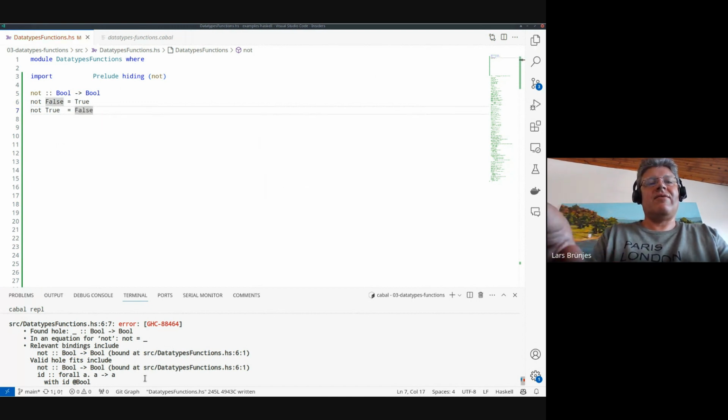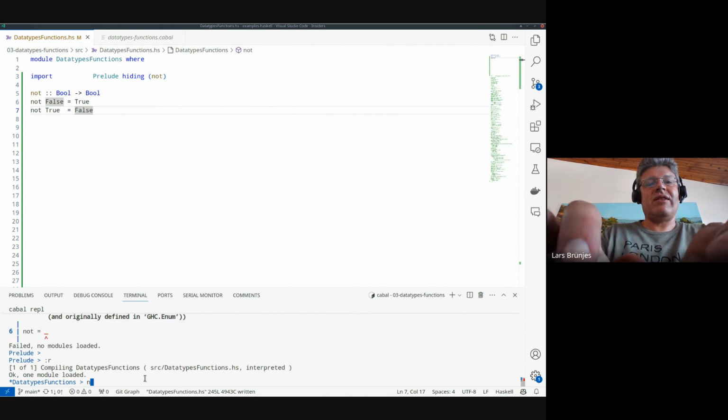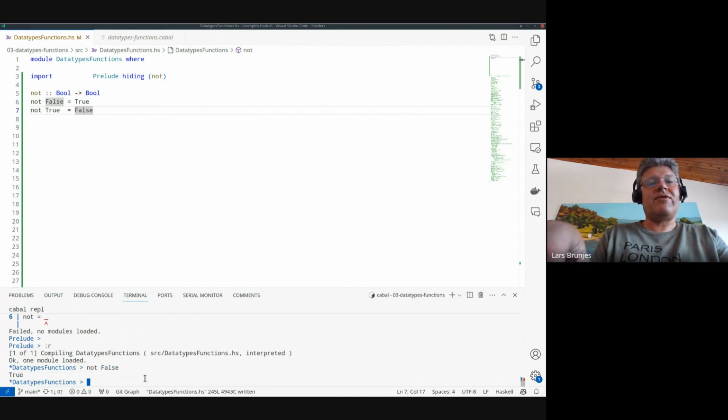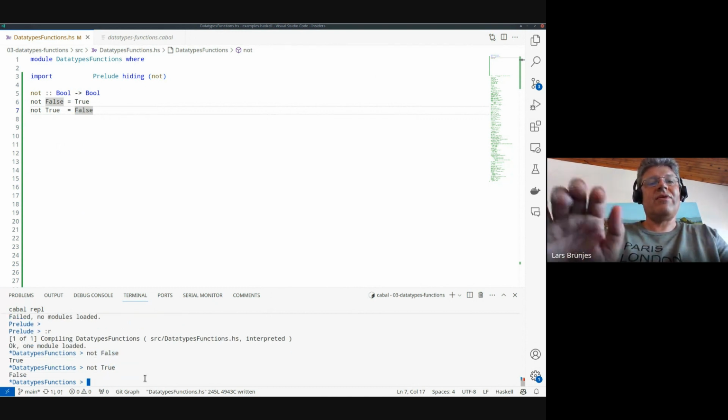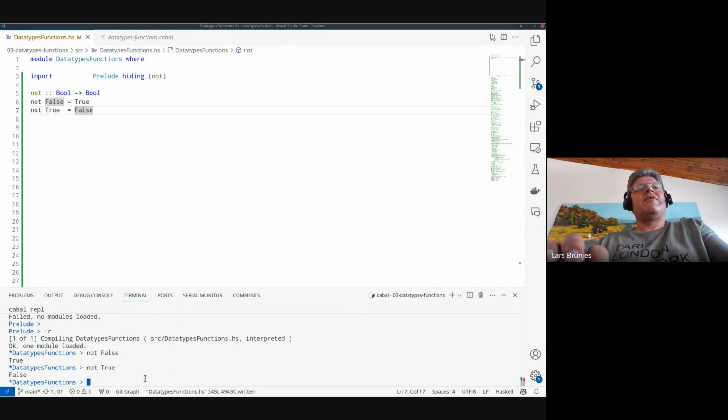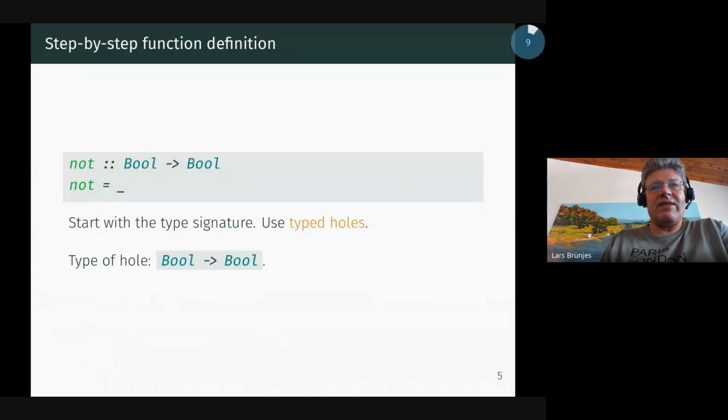And I can compile and I can reload and I can try it. So not false, true, not true, false. So this is a very first example, very slowly, of this so-called standard design pattern of functions. We see whether the slides have any more wisdom to